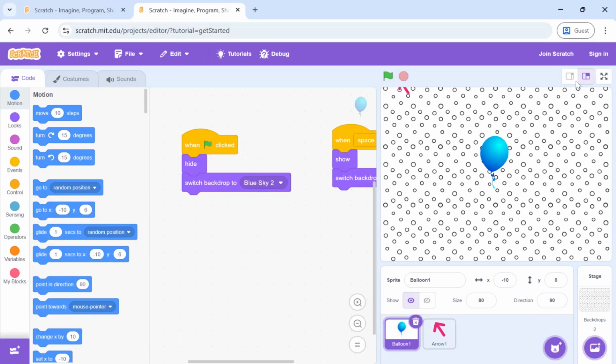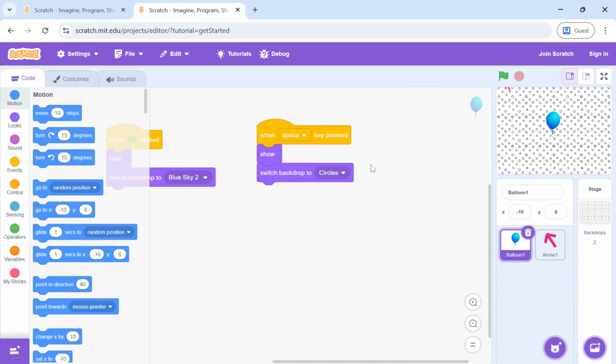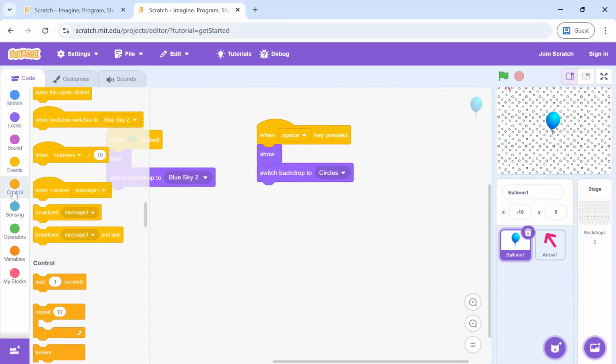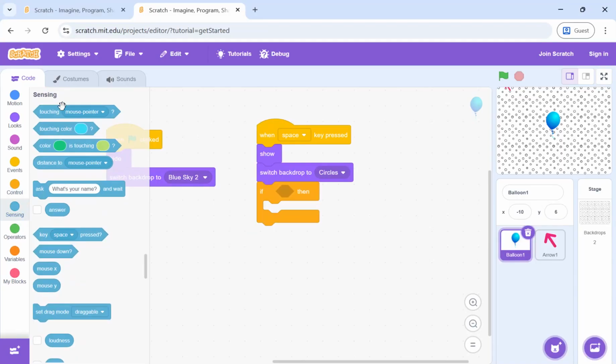Let us code the balloon. So here initially our reset button is done. Let us work on our game code. So what I want, whenever the balloon is being touched by mouse pointer, is it with mouse pointer or any other sprite?